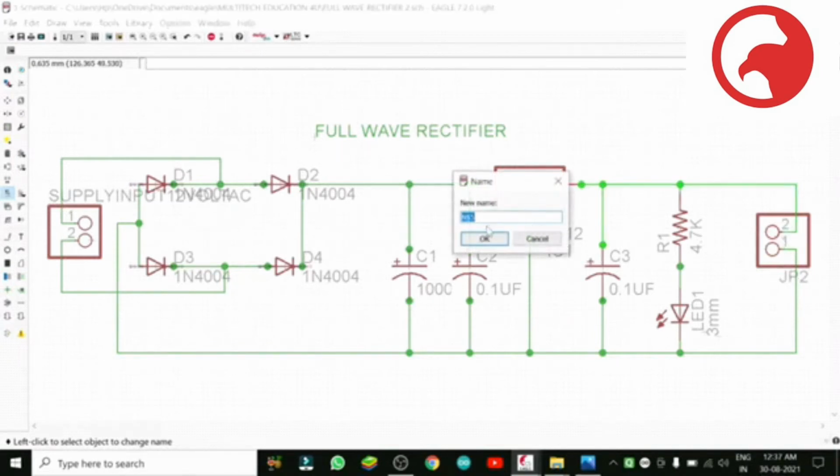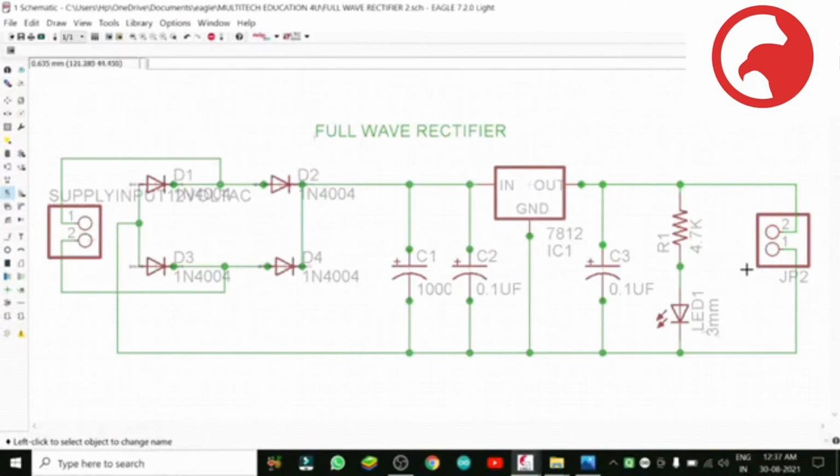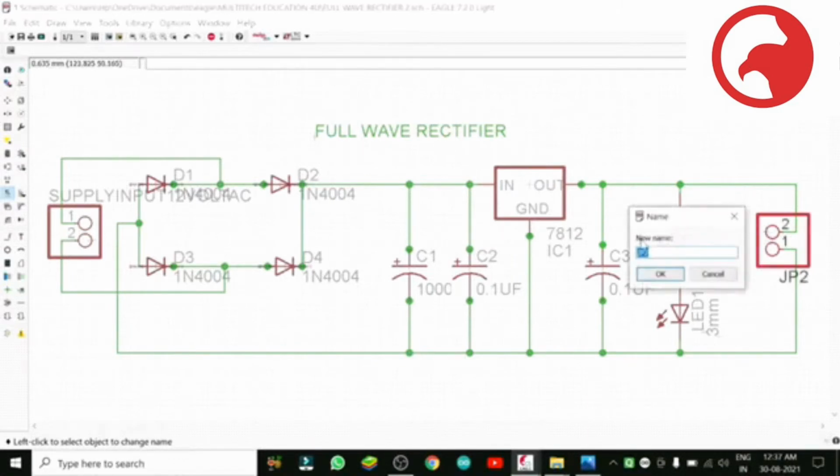Here also, you should know the importance of this plus point inside the symbol. Give it the input supply, output supply 12 volt DC.